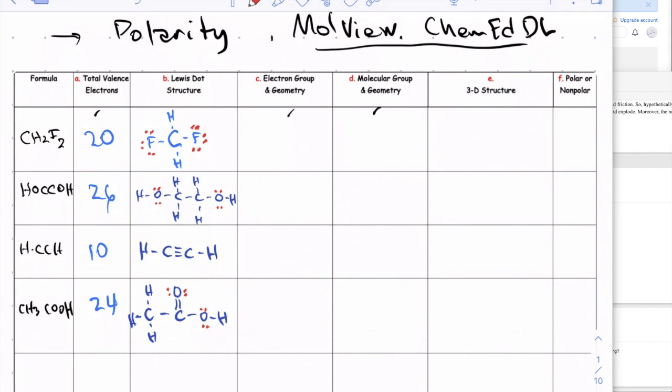The electronic geometry on this carbon is going to be AE4, that's tetrahedral. The atoms at the end don't have a geometry, it's only the central atom. So the molecular geometry is going to be AB4, and that is tetrahedral. Okay, for